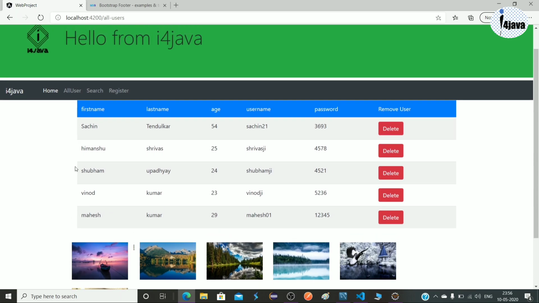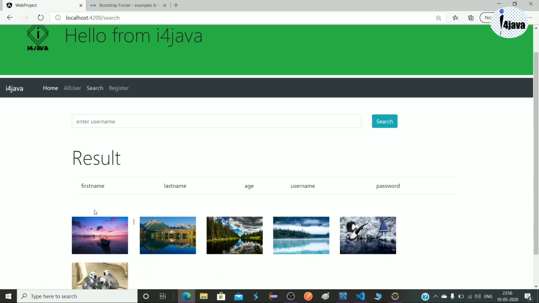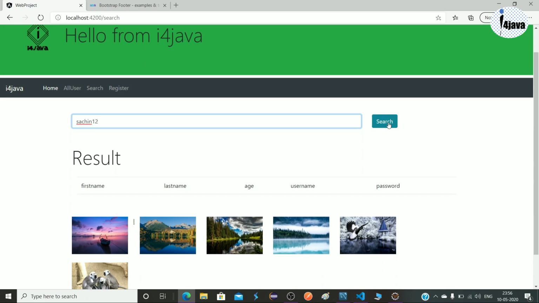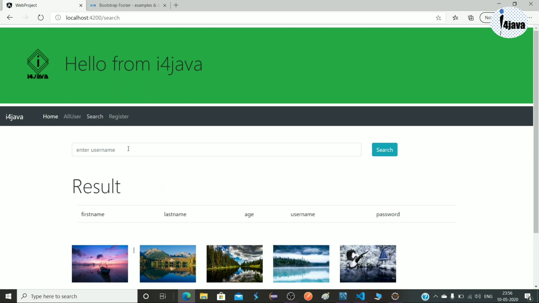Okay, so let's check another functionality, search. Add Sachin, what was that? Maybe 21, Sachin21. So let's copy it from there, paste it over here and click.